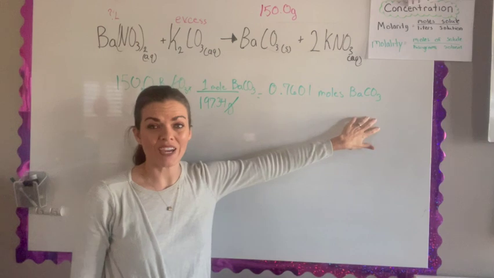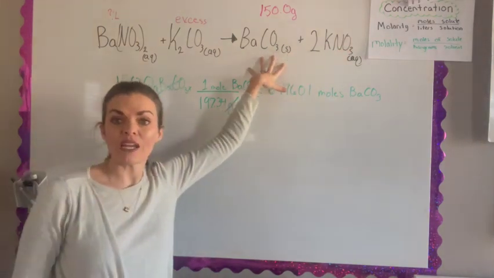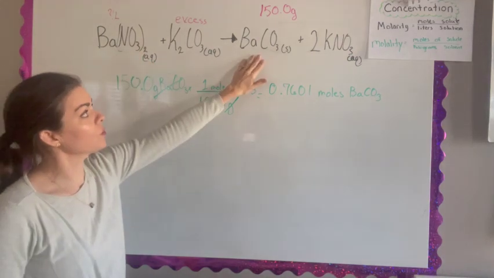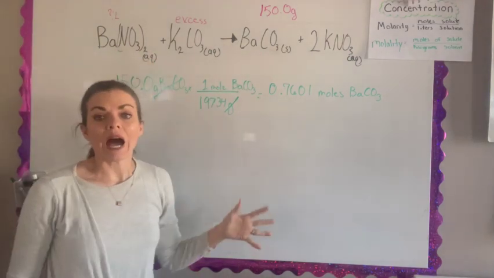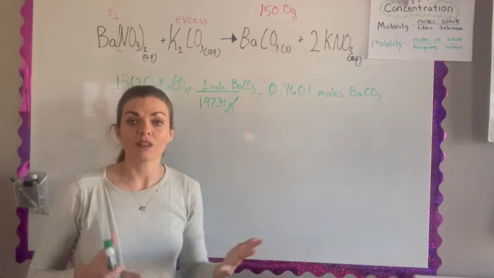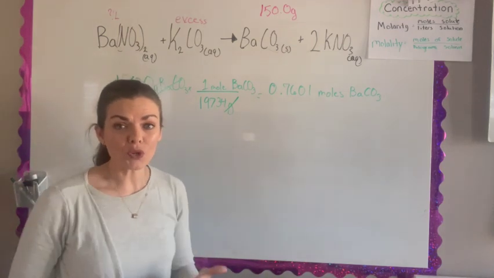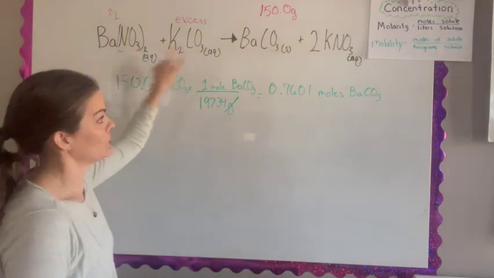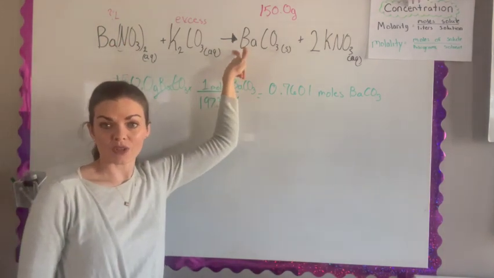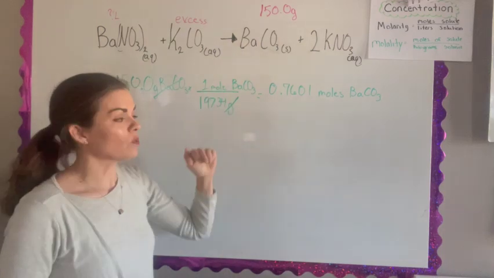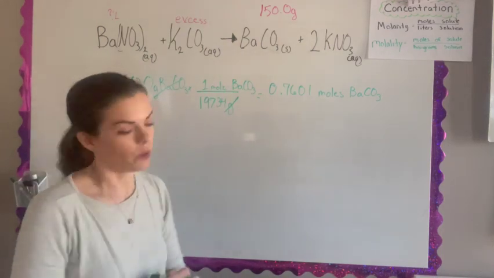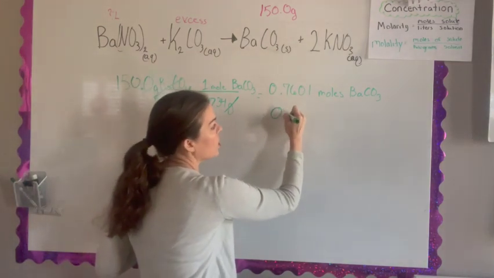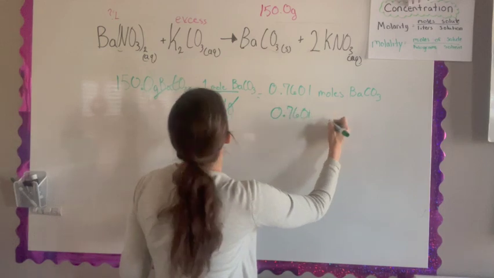Now the question is actually asking not something to do with barium carbonate, but it's asking me something to do with barium nitrate. And so to go from barium carbonate to barium nitrate, I'm going to use the coefficients of my balanced chemical equation. And very fortunately in this case, there's a 1. It's not written there, but it's understood. And there's a 1 here. It's not written there, but it's understood. And so they react in a 1-to-1 ratio. So if I have this many moles of barium carbonate, it's also the number of moles I have